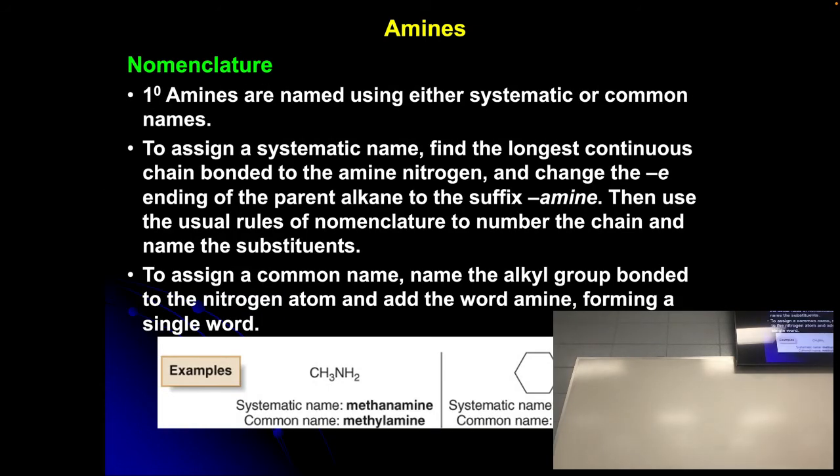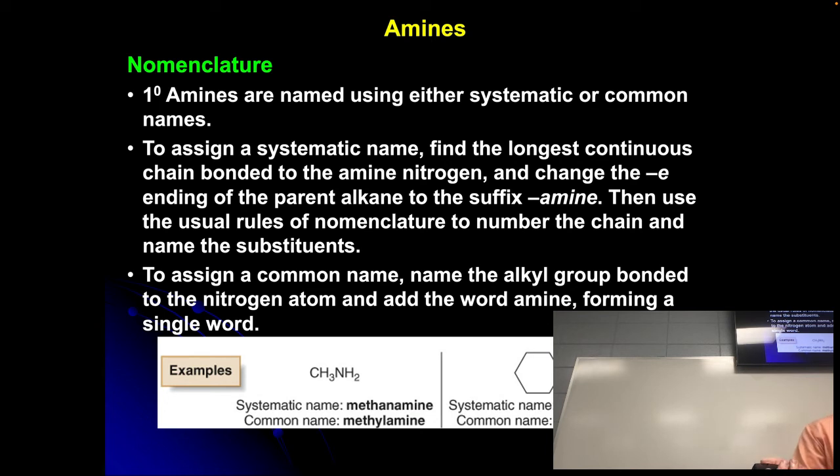All right, let's talk a little bit about some naming. Primary amines are usually named using either the systematic naming or the common name. So for example,